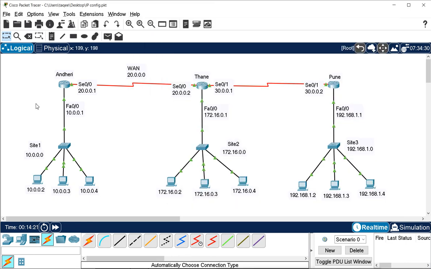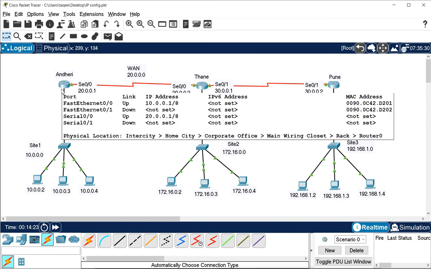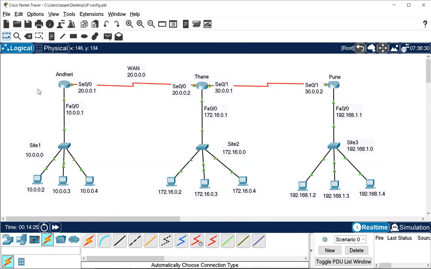So when we configure the routing, that means we create the routing table and we make that router know what the other networks available are. Now in static routing, we create the routing table manually. We manually configure that this network is there and you can reach it from this first hop. This network is also there and you can reach it by using this first hop. We configure it manually.